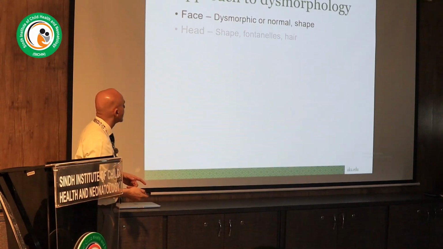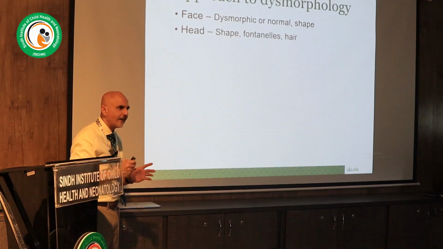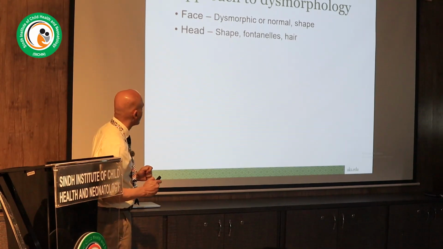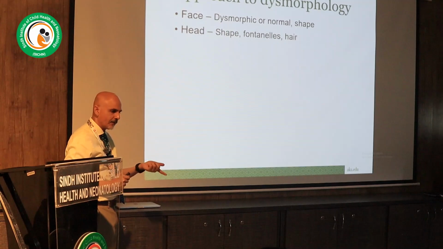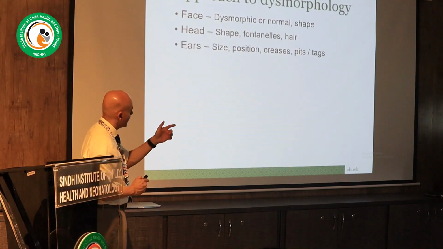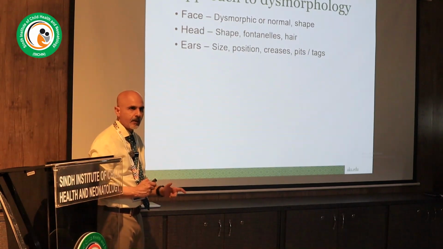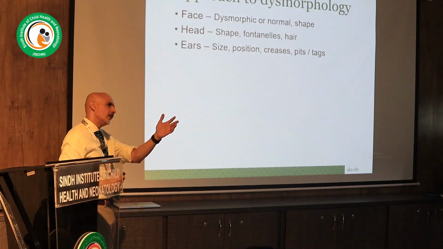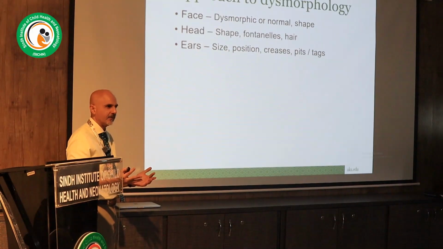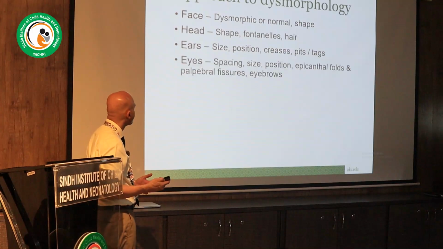Then you start looking at individual components. Start with the head, do the head circumference. Either your nurse should have done it for you or you have to do it yourself. But you have to do a head circumference when you're doing a dysmorphology exam. Comment on the fontanelle, obviously, especially in the younger kids, and the hair. Ear, size, position, shape, and sometimes in dysmorphology it's also important to know what's not present. Because you can say the patient has a heart lesion, but there is no cleft palate. That has its implications. Because if you don't write anything, I don't know whether you examined the palate or not. So that's kind of stuff.